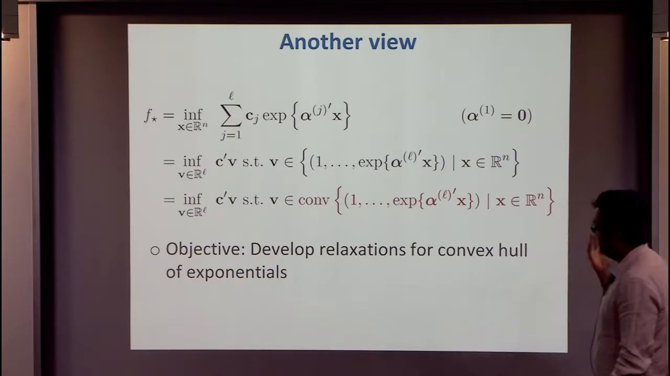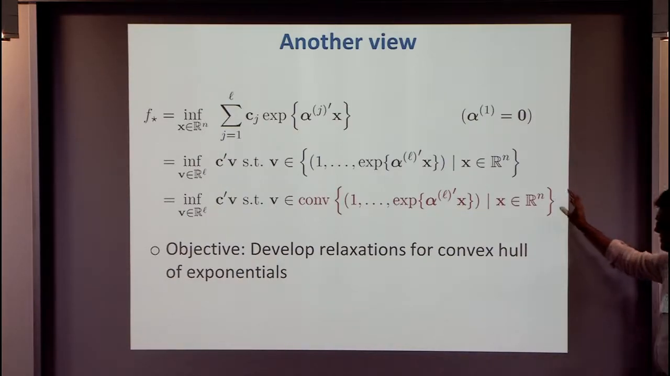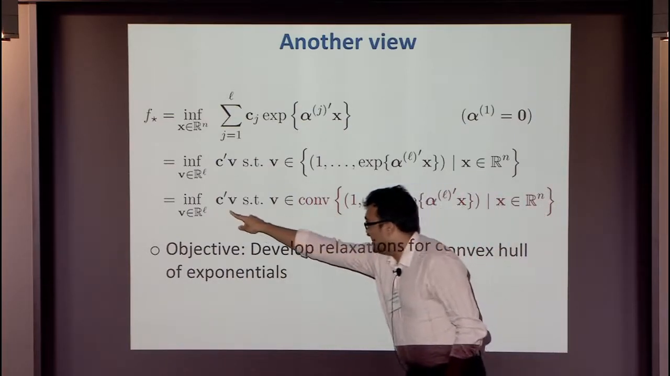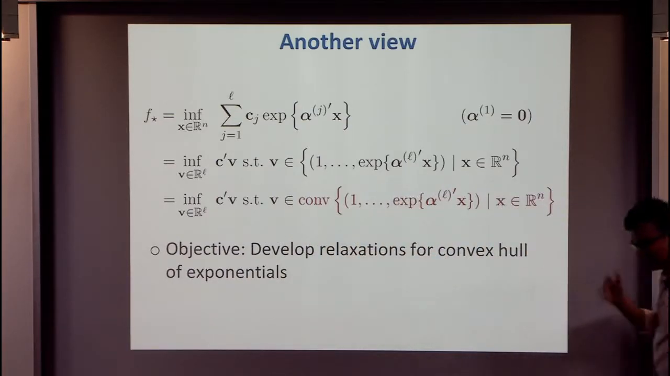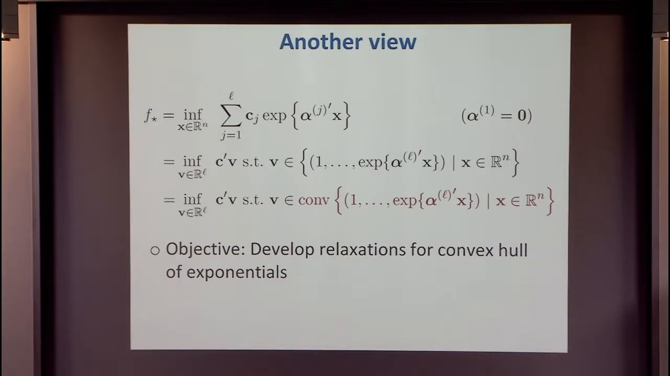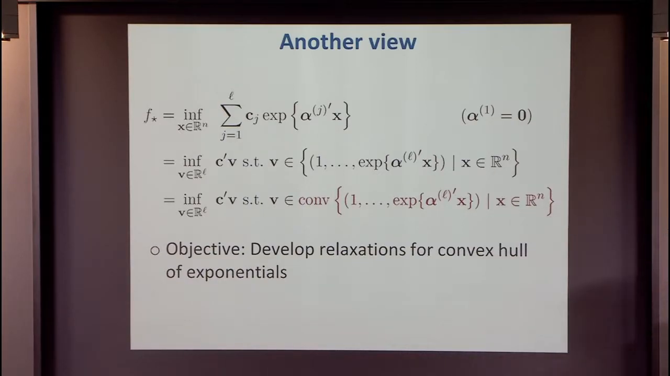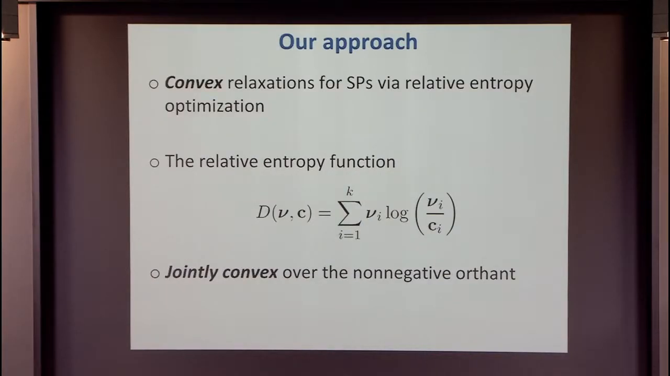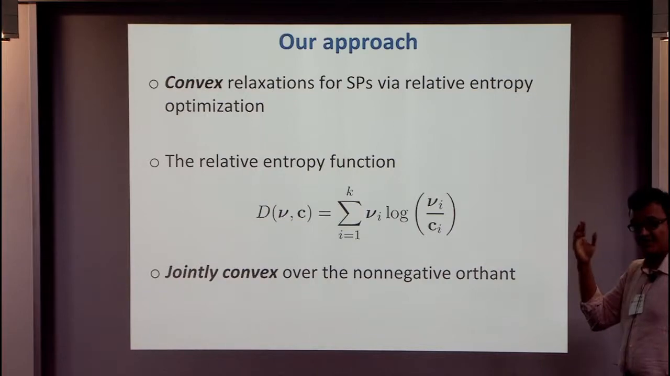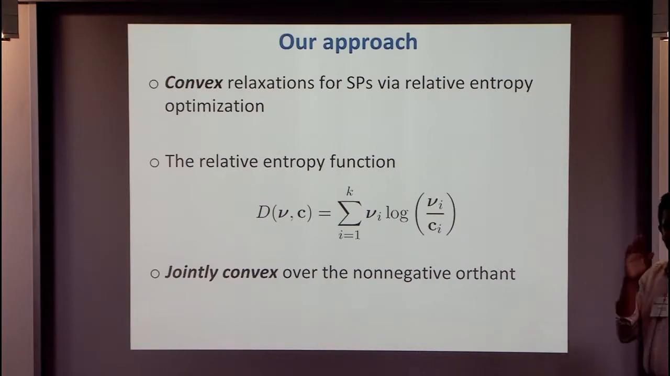And so everything that we'll do can be viewed as trying to understand this convex set. Although this is a linear functional, this is a convex set, and in general this convex set is intractable to characterize. So although this is a convex optimization problem stated in this parameterization, that doesn't necessarily make sense. Okay? And the main idea in this talk is to develop convex relaxations for signomial programs based on relative entropy